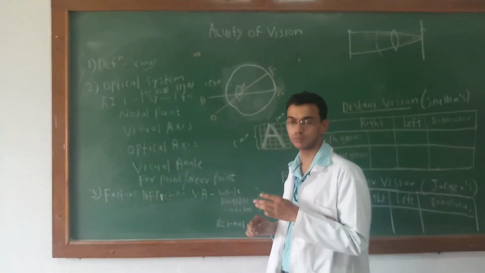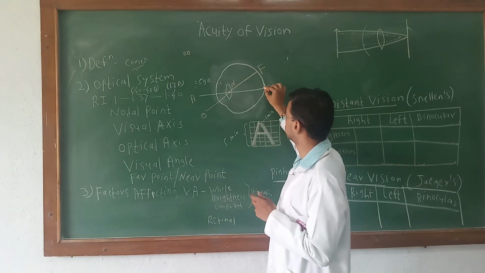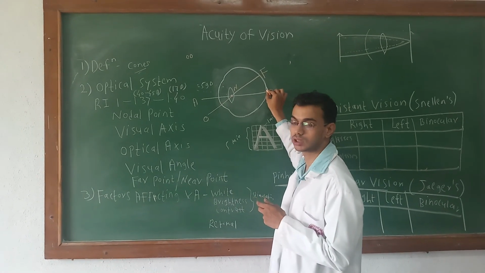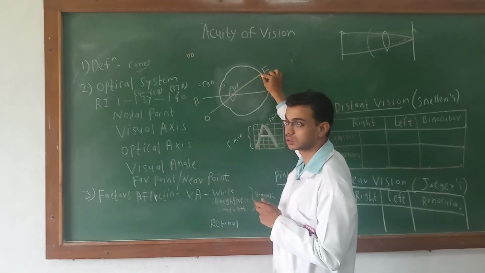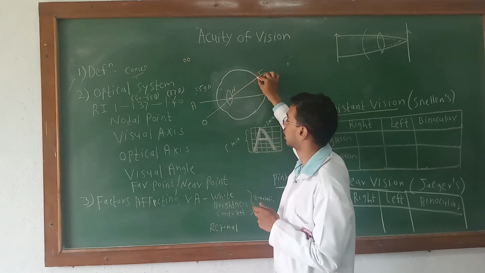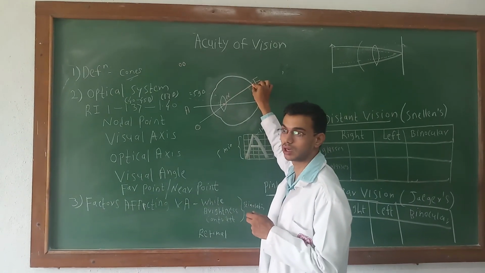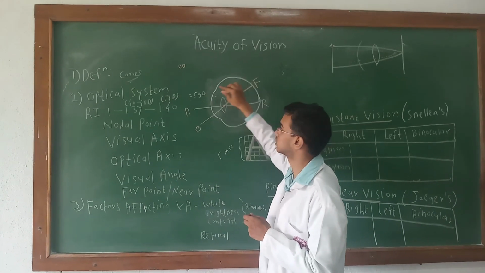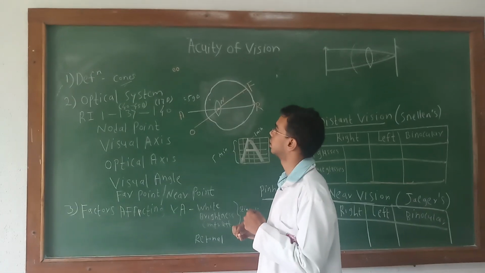You know the layers of the eyeball. In the inner layer, the retina, the exit of the optic nerve is called the optic disc. Just on the temporal side of the optic disc you have the macula, and at the center of the macula, where there are maximum receptors, is called the fovea, and the receptors are called cones. So the cones are responsible for visual acuity.